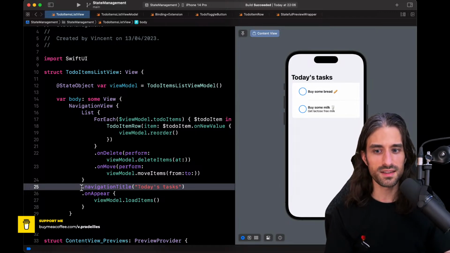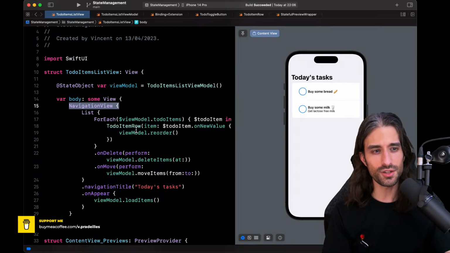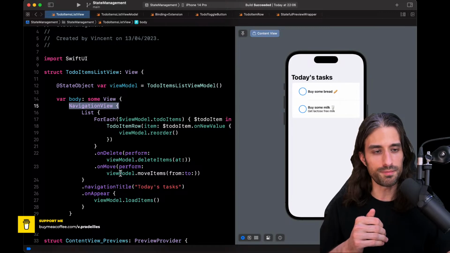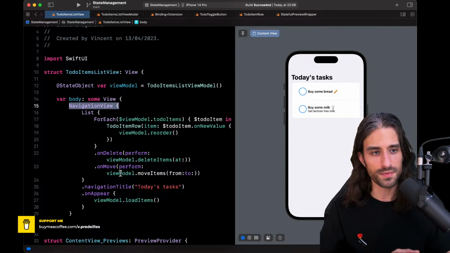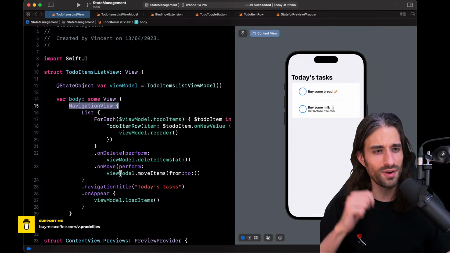You can notice one thing is that I've called this modifier on the list, so on the child view, and it somehow had an effect on the parent view, the navigation view. The reason why I want to show you that is because it shows that the mechanism I've showed you in this chapter, which is to have data flow between a parent view and a child view, a two-way data flow. So with descending data and how do you say it? Uploading data? Not really, but I'm looking for the right word for it.